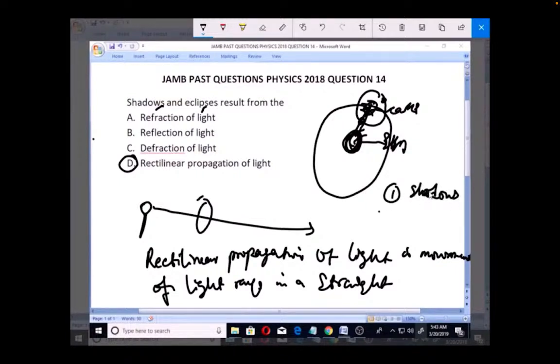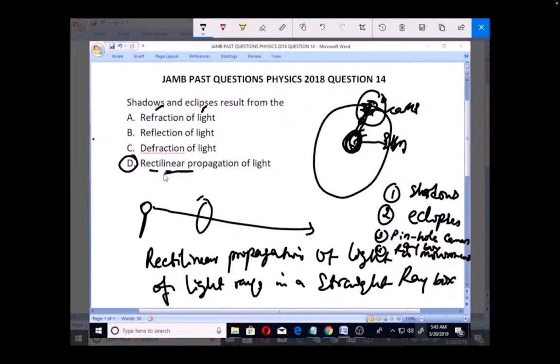shadows. Shadows are caused by rectilinear movement of light in a straight line. Number two, eclipses. Eclipses are as a result of this. Then you also have applications like the pinhole camera. If you know about the pinhole camera that you use in physics, it is also due to the rectilinear propagation of light. And finally, we have what we call the ray box. The ray box. All these are possible because of the movement of light in a straight line, which is known as rectilinear propagation of